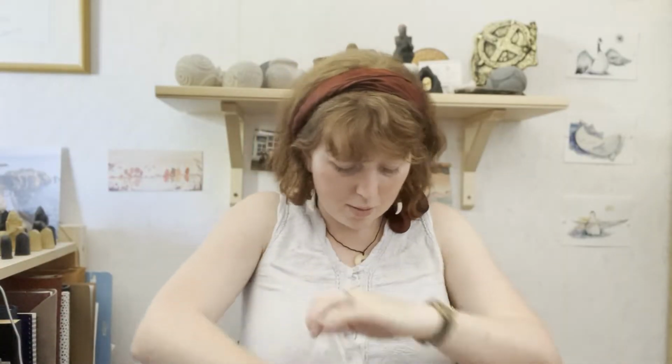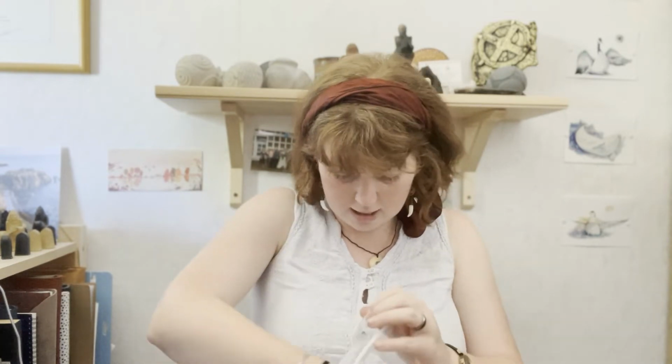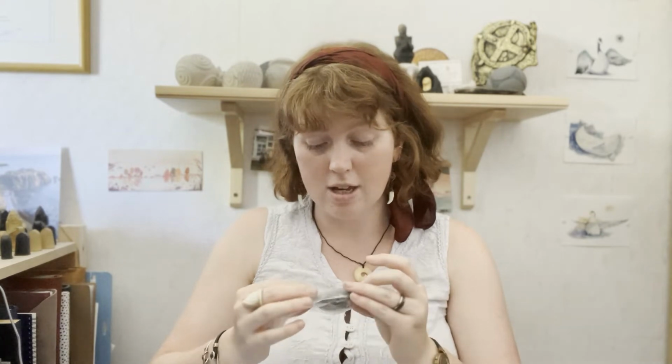And then we also need a scraper. And this is because I want to use this needle for my own experiments for my PhD, which means that unlike sometimes with needles, you were grinding them to shape, so you were rubbing them on a grinding stone, similar to how I did with the amber bead in the last video. With the culture that I'm looking at, which I'll get to in a second, they actually were scraping it along with stones instead. So I want to use scrapers, which look like...